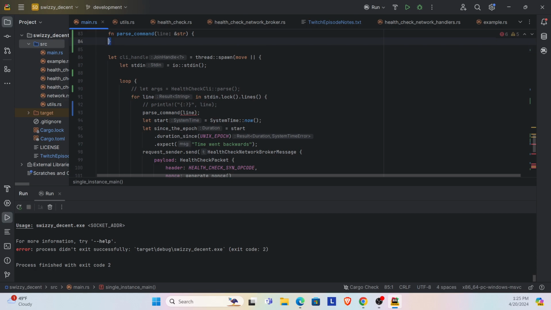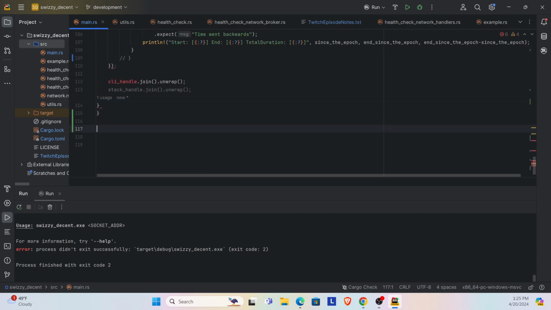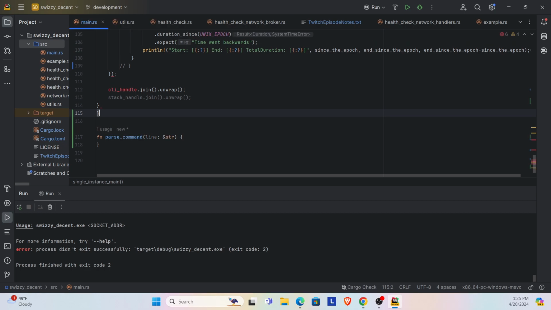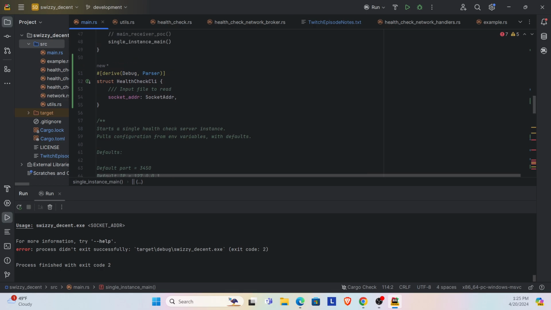Right, I think that should be where we want. Okay, we want to. Oh no, don't do that. Okay. I think it like added that, right? It keeps doing that, dude. Why is it doing that? It should know better. Or am I not? What's going on here? Why is